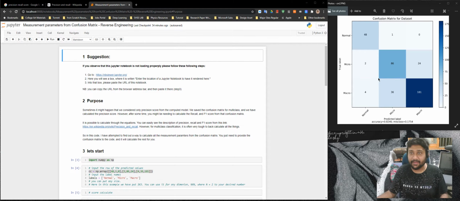So what is the purpose of the video? We want to calculate the measurement parameters from the confusion matrix. Usually we do it, but what about the reverse engineering case? So what is the reverse engineering case? Basically, suppose